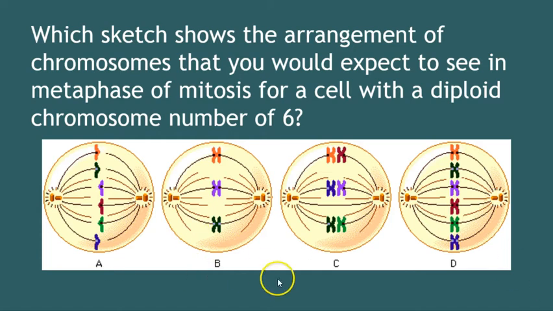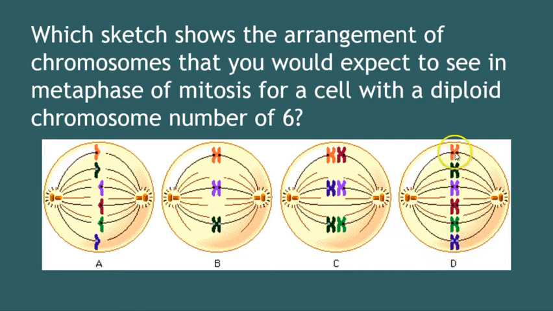Well, B through D are pairs. This has 6 chromatids, but it has only 3 chromosomes, and we want a diploid chromosome number of 6, okay? And then in this one, you need to have one copy, right? One chromatid from each chromosome in the new cells, right? Here are your little centrioles, by the way, and this is the spindle apparatus, just as an aside. Well, this has 6 chromosomes, but this is going to be very unevenly distributed, right? And that would be bad in this case, okay?